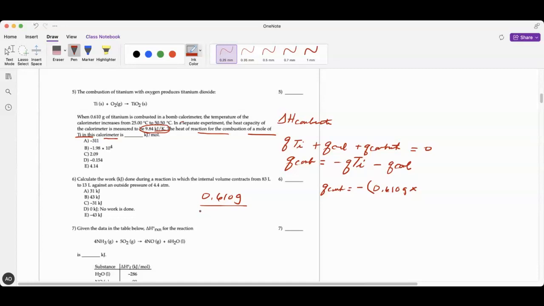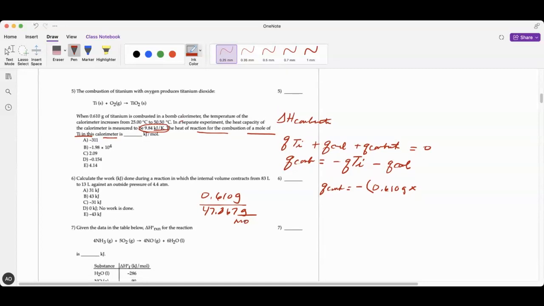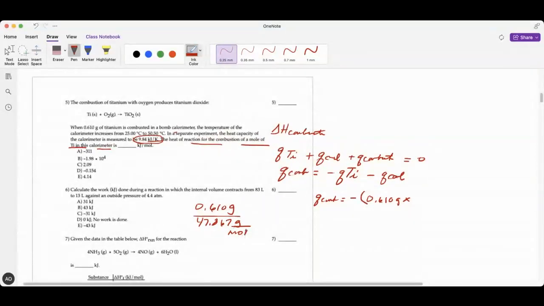Okay, so 47.867 grams per mole. So that'd give us the moles. So 0.61 divided by 47.867. I get